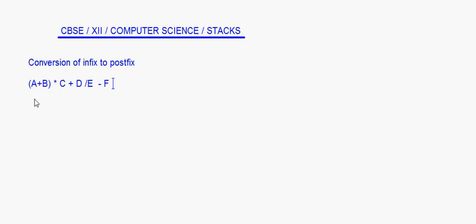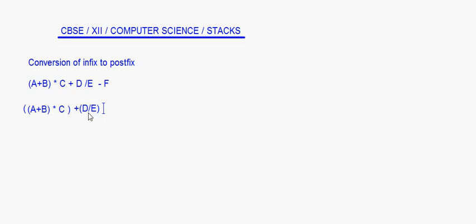Now, before evaluating this expression, let's first write this. I'll first of all put this like this: A plus B into C. The multiplication has got the first priority, after that bracket. So here I put this inside brackets like this. After that comes plus this D minus E. This will come inside one bracket because this is division.